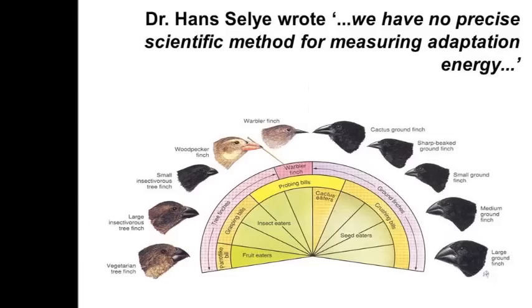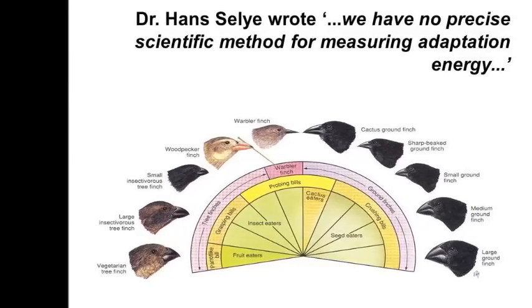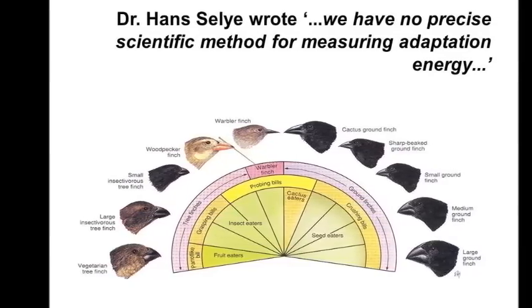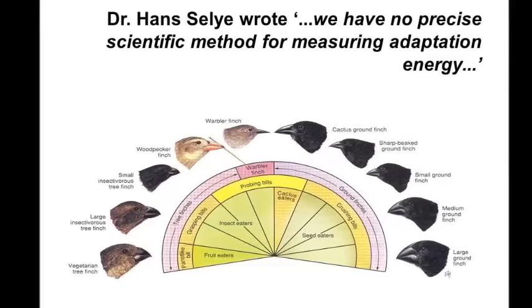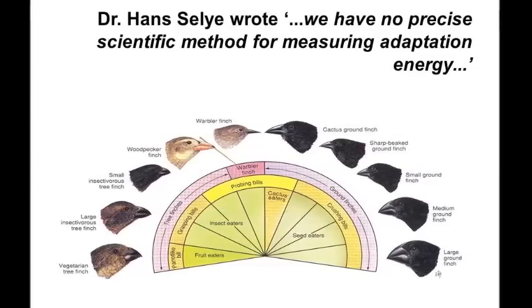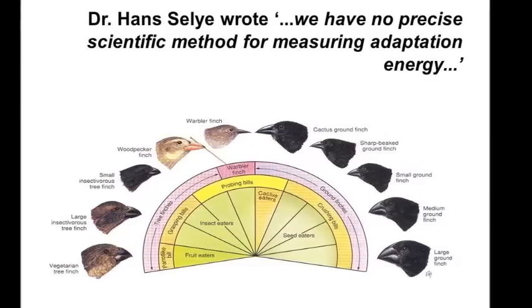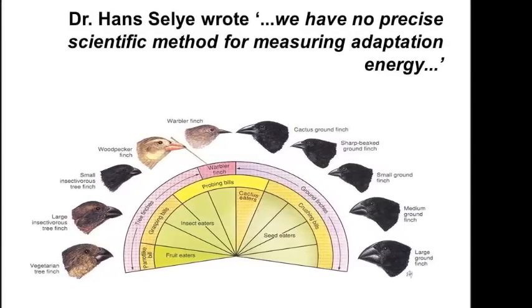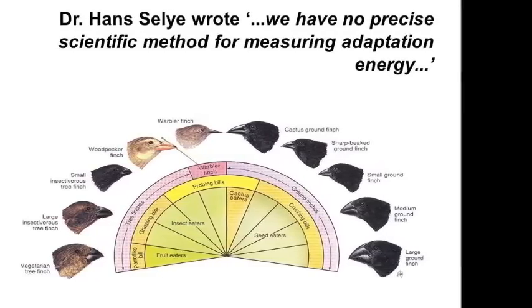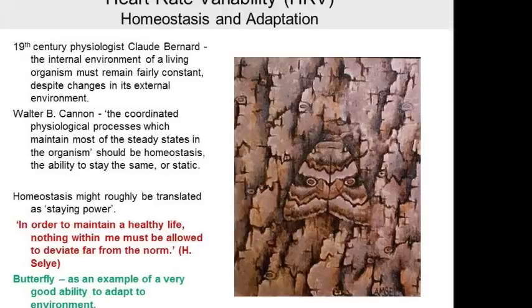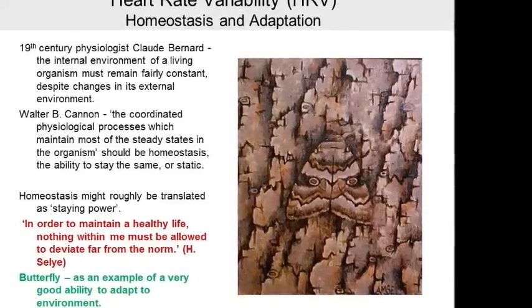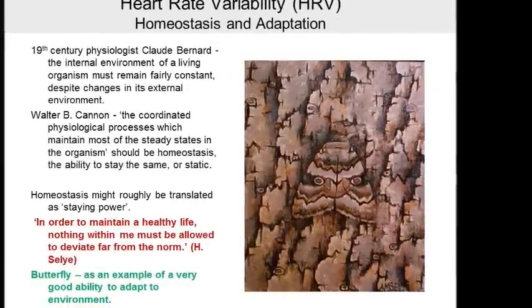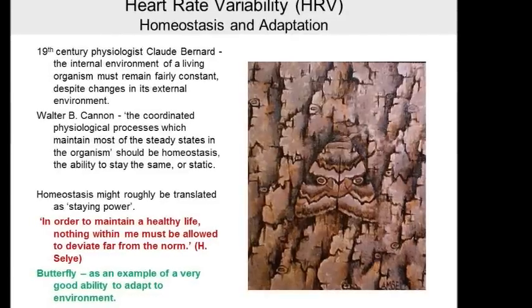This is one bird, which is called finch. But all of them live in different parts of the planet. They feed on different food, and they adapt to the environment, and through the situation, the appearance changed. In the 19th century, physiologist Claude Bernard said the internal environment of a living organism must remain